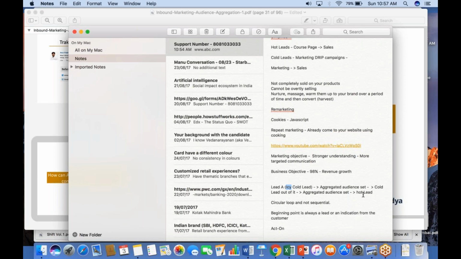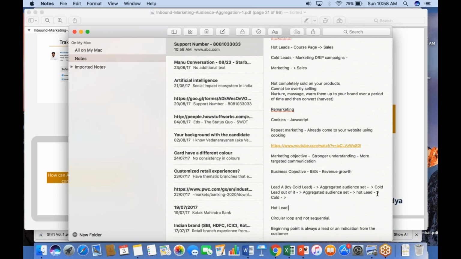And here again, this is not a one-way street. In a lot of cases, sales might come back and say that this guy is still not ready. This hot lead, which marketing has deemed as hot, is not exactly hot because the person is not interested in making a purchase. So in some cases, sales sends the lead back, and the lead gets downgraded back to cold, or in some cases, the lead gets deemed as dead, in which case communication stops for a certain period of time. Or even in some cases, the hot lead makes a purchase.